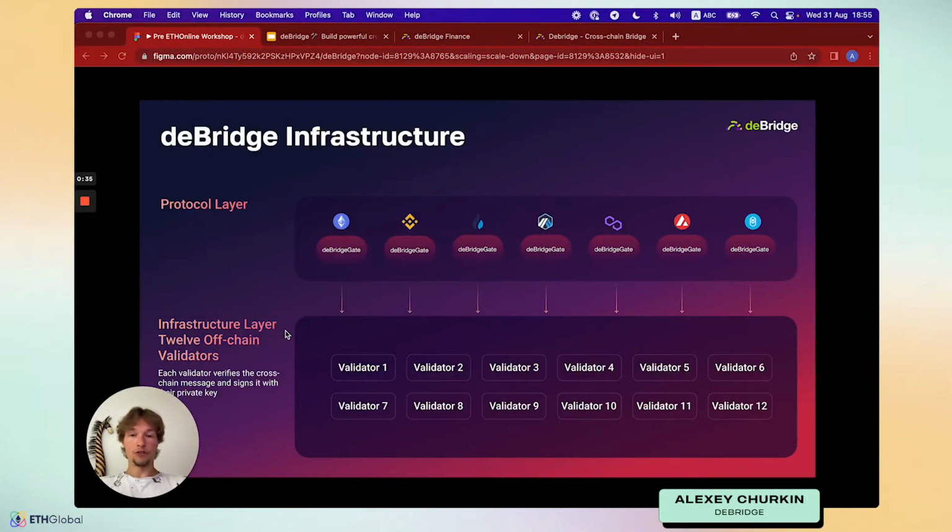Then the infrastructure layer comes into play when the message is being submitted. So when you submit a message, a special event is emitted by the smart contract. Each validator is responsible for monitoring and capturing such events from every supported blockchain, and each time a new event is captured, the validator must again verify the message, and if the message is correct, it signs it with their own private key. Then, when all the signatures are collected, they, along with the message, can be submitted to the